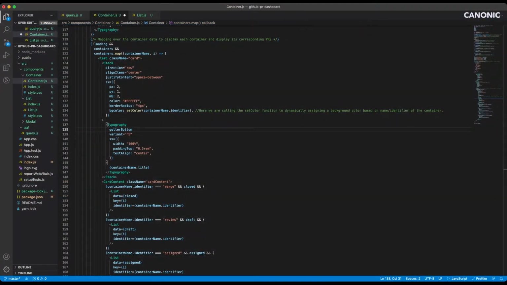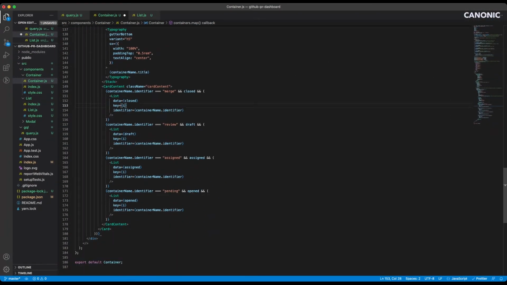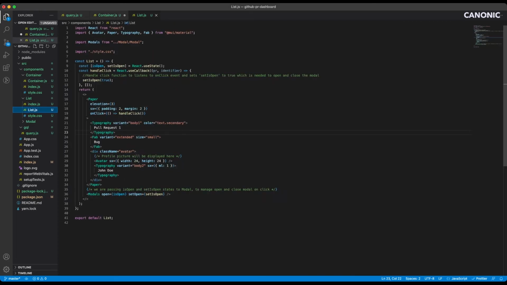As you can see here in the list component that we're using, we are sending a data parameter with an identifier into this component. So if we go to the list component, we add the two parameters. Now we are showing only one list element here right now.